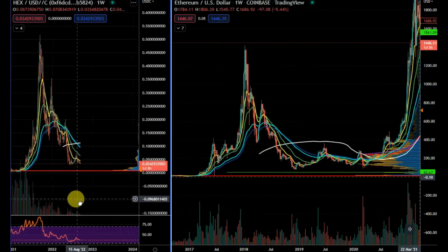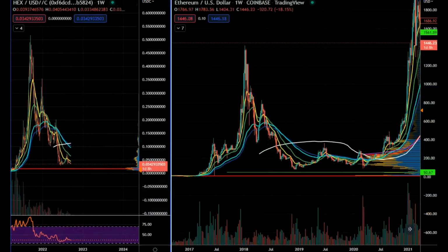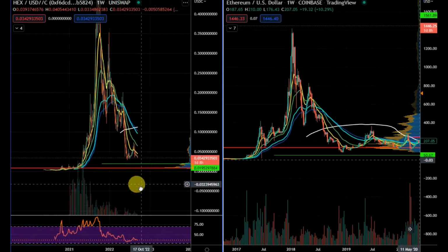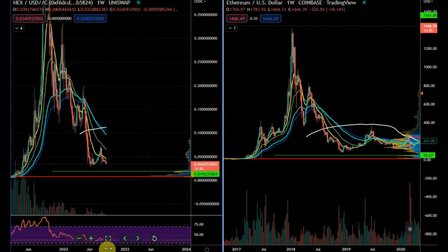If we do the same thing here on HEX, we can see kind of what that is. And if we draw a line here, roughly on the point of control, somewhere there, you can kind of see where is a very good place to be buying. I know you're looking for short term. We will look at that in a minute, but